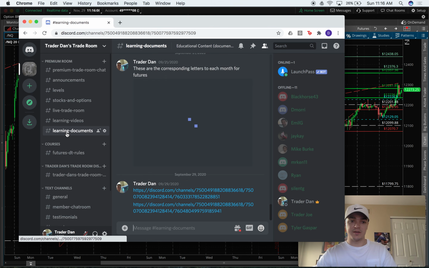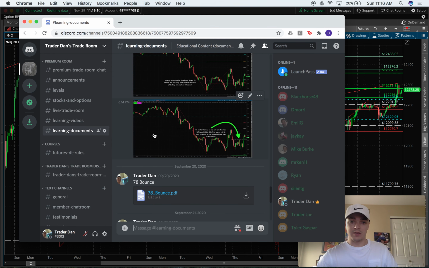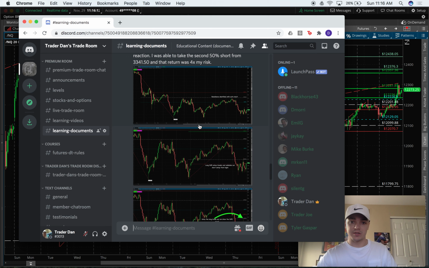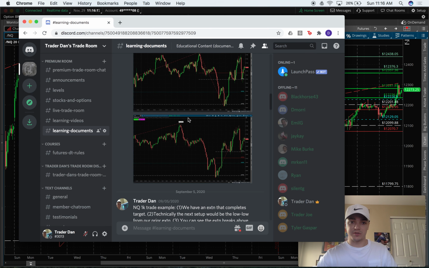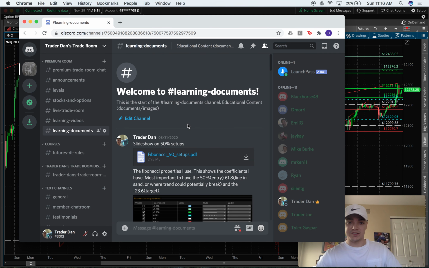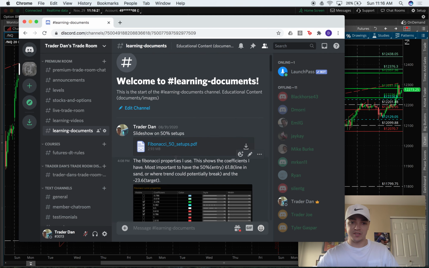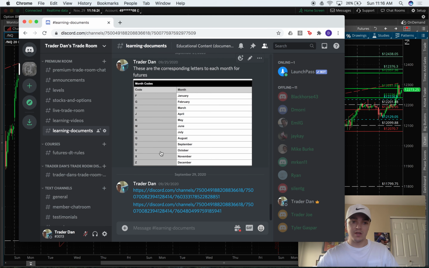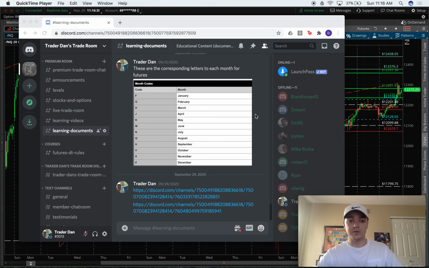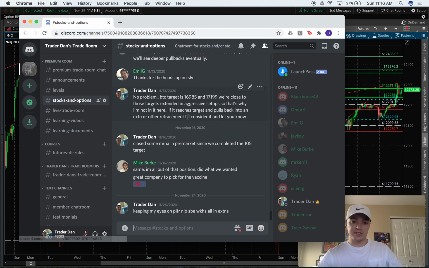All right, so if we go to Learning Documents real quick, you'll see that we have some trade examples in here. This is a trade example that I'm scrolling over. Another trade example, it looks like, with the reversal. Here we have another trade example. We have a Fibonacci 50% setup PDF, Fibonacci extension PDF going over all that stuff. And learning videos, we have the videos that also help us look over that content and get everybody on the same page. If we go to stocks and options,